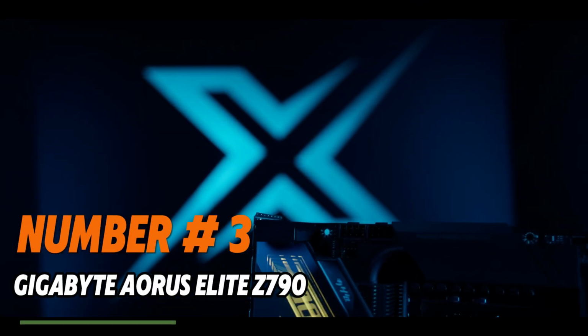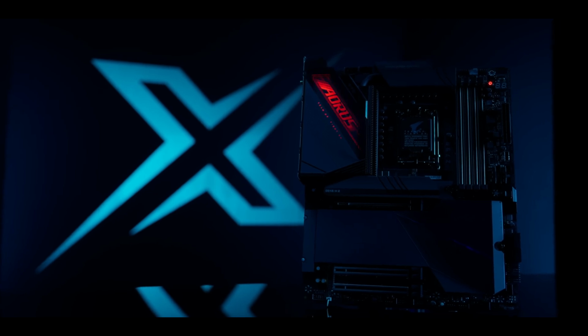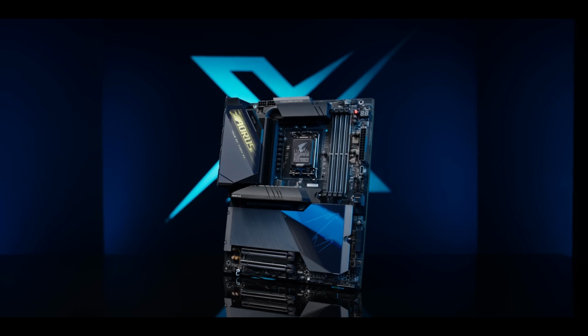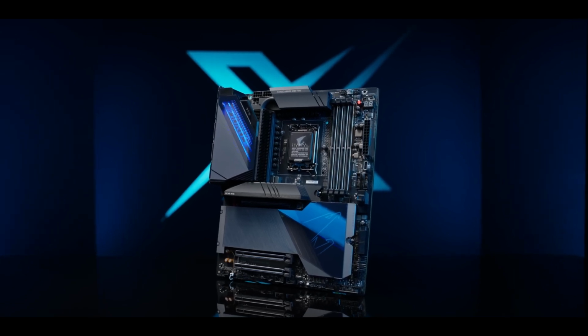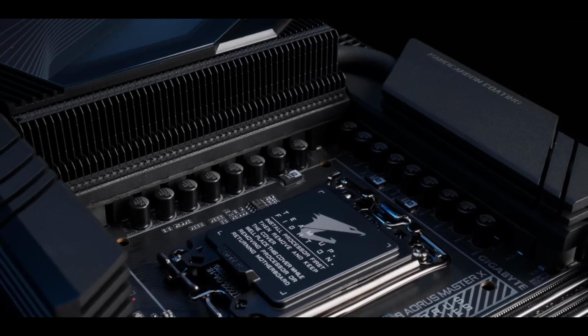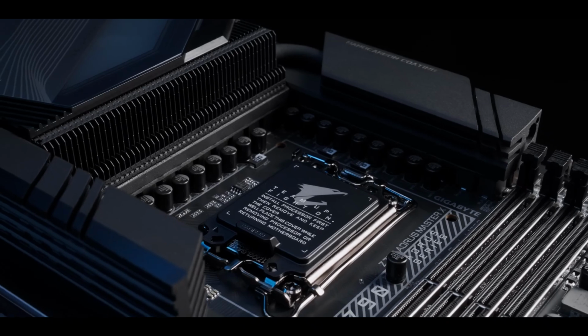Overall, the Aorus Master is a good-looking option in the $500 Z790 price range. You get an incredible 14 USB ports on the rear I/O, solid power delivery, a PCIe 5.0 M.2 socket, a 10 GbE port, and Killer-based Wi-Fi 6E. It also performs well against its peers, but there are no USB 4 ports, and you don't get the latest